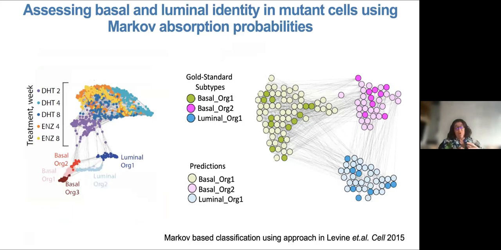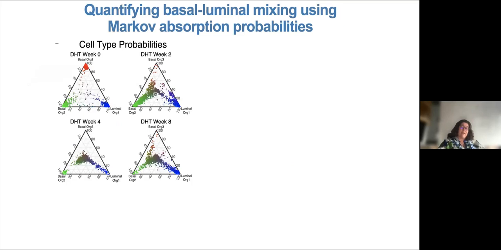Now, we wanted to classify each cell. And here we used a slightly different classification algorithm, which we find works really well. This is a graph-based classification algorithm based on the neighbor graph, showing how easy it is to get absorbed into each one of these states. And we basically decided to look at the most frequent states, 2 basal states and 1 luminal state. And we could really quantify or classify things. Some states were clearly luminal, some states were clearly basal, and that's a quantification we were able to get.